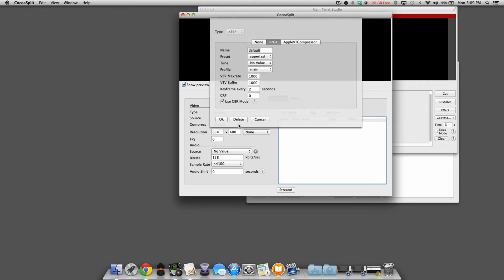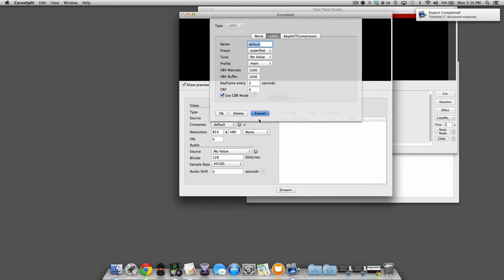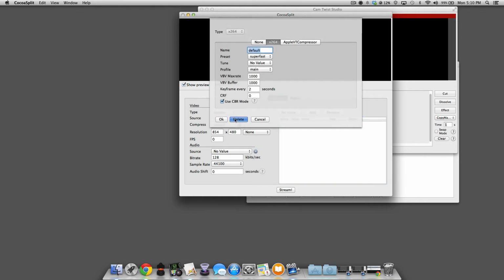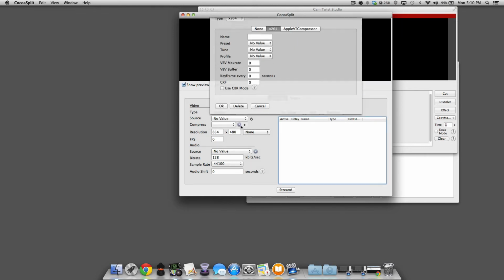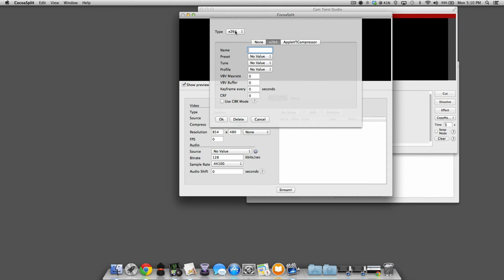Whatever. It's not important. Okay, so now we actually have to pick something else. We actually have to delete this, and we're going to create a new one. When you create a new one, when you're using a Core 2 Duo processor, you're going to want to pick the Apple VT compressor. Okay, basically this is H.264. This is basically baseline type stuff. Okay, so we're going to call this one